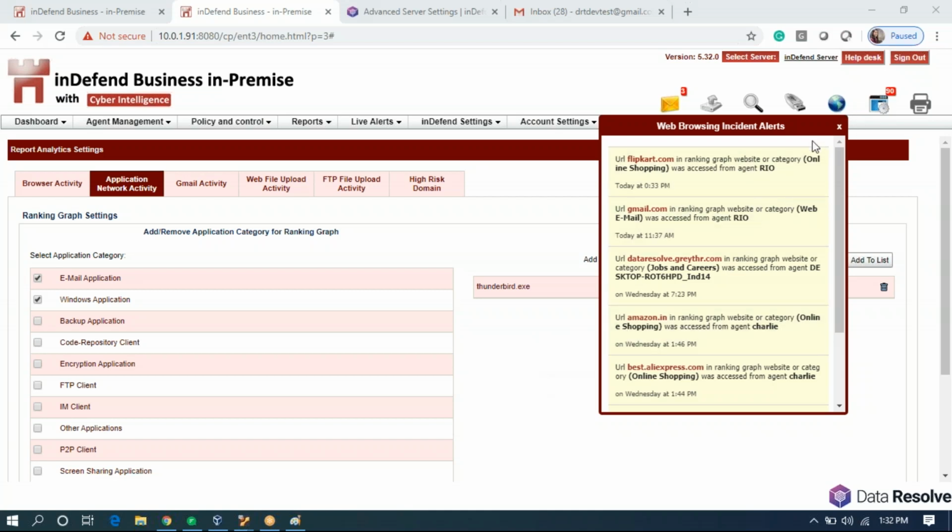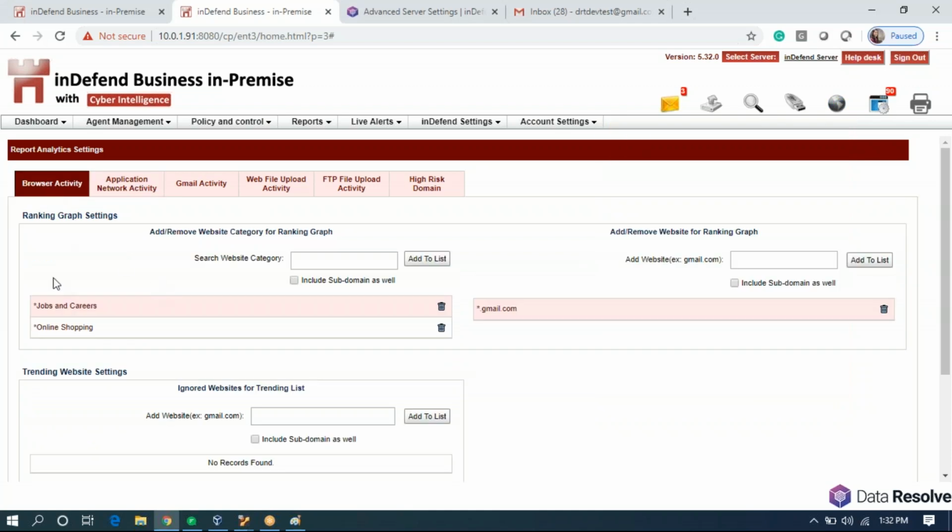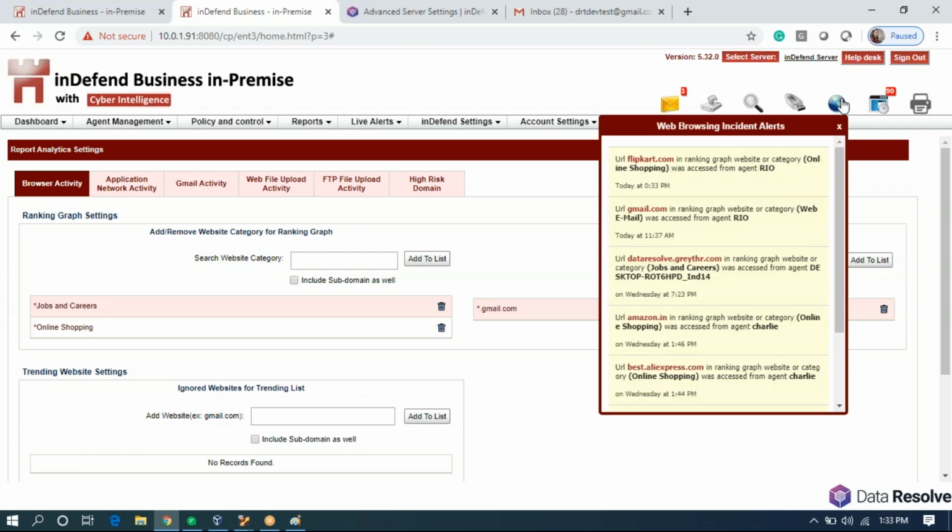As you can see under browser incident alerts, we have added certain websites and certain categories. As you can see in the browser activities, jobs and careers, online shopping, and gmail.com have been added to the ranking graph. Now, whenever these set of websites are being accessed, Indefend generates an incident alert for you on the top right corner.